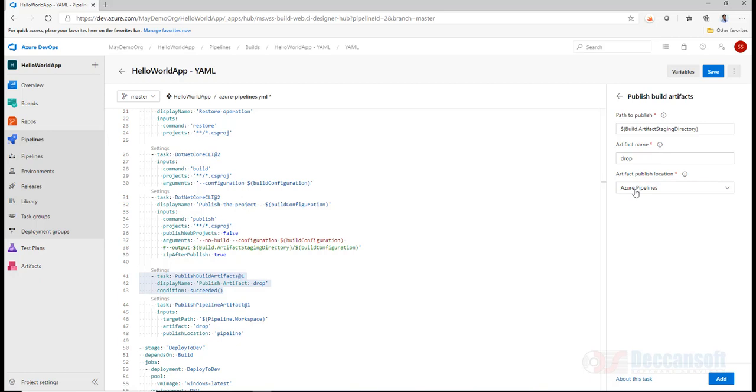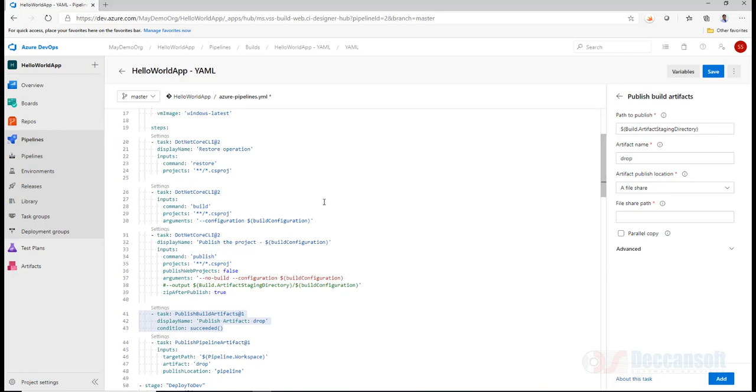But alternatively, you can choose a file share. But this is going to work only if you have a self-hosted agent. If you have a self-hosted agent within your network, you can share some drive and you can give here that shared drive name. This will be the machine name, and on that the drive letter name or a folder name, whatever.